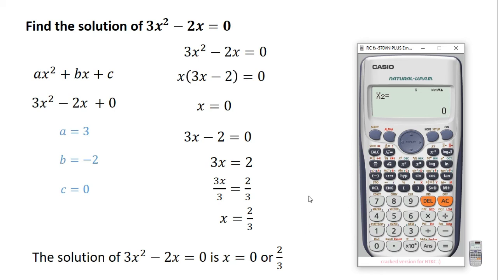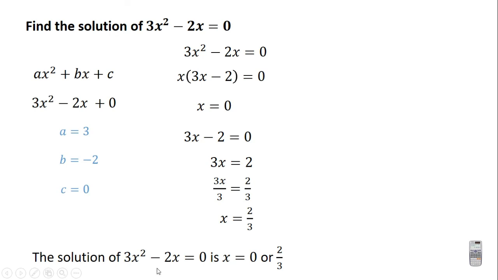So from the calculator, the solution of this quadratic equation is 0 and 2 divided by 3, just as we